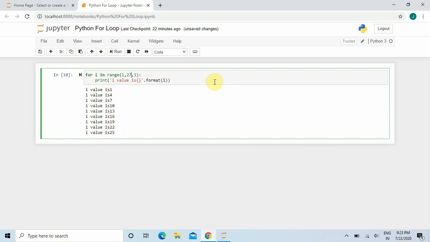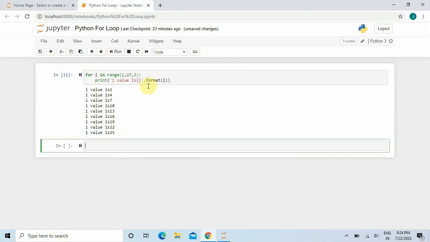Now you know that if I do not have this 3 here, it will display from 1 to the last value 26. Now what will happen if I give 3 here? If I ask the Python interpreter to add 3 to the previous value, what will it display?